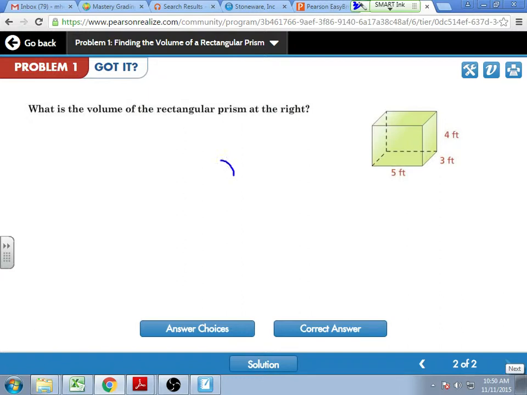60 feet cubed. It's not right if it doesn't have a label. I'm going to say this again so you hear it: it's not right if it doesn't have a label. So on the mastery, if you just give me numbers, I'm going to mark it wrong, and you're going to get frustrated and be like, but I did. If you don't give me the label, it's wrong. I may write dogs, cats, pizzas, question mark, because if it doesn't have a label, we don't know what you're talking about. 60 dogs? No, 60 turtles. The volume is 60 turtles. That doesn't make any sense.